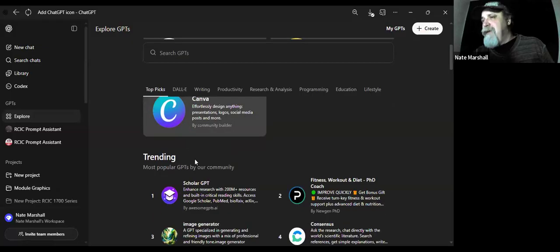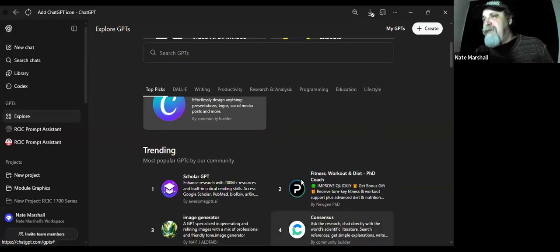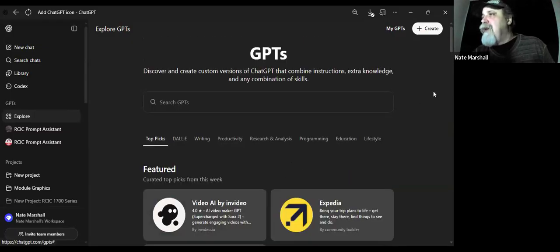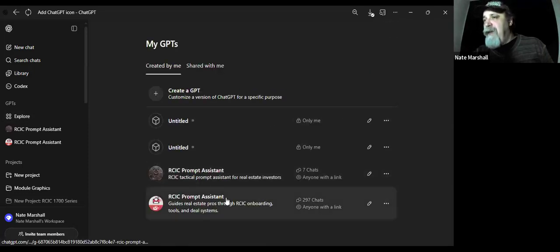Obviously, you guys can go through it. It gives you a lot of different ones that people have built. But I go to my GPTs right up here, and you guys see this is where I actually work on it. So this is where I've got, and I'm going to put another GPT together for home